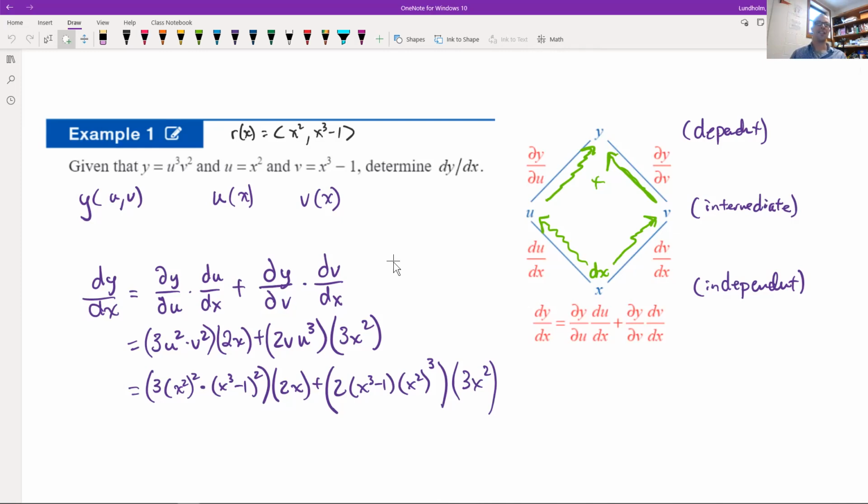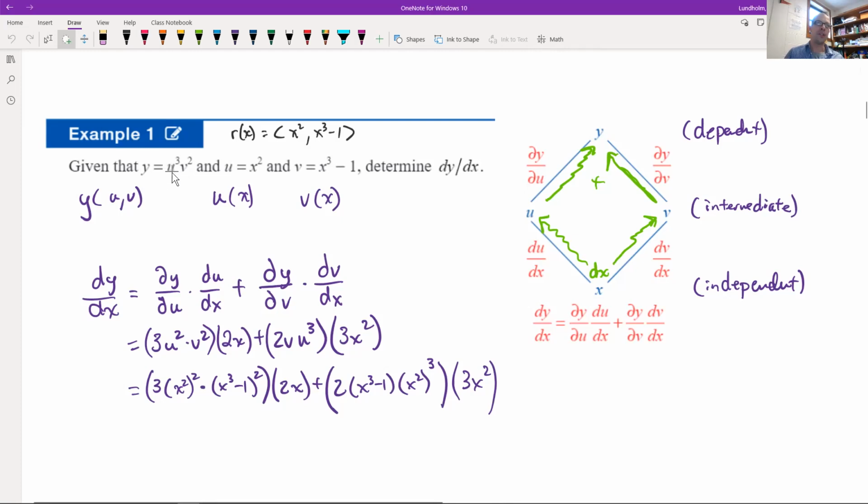The idea here is that we could find the result of the multivariable chain rule by looking at this multivariable function and taking some partial derivatives, one of them with respect to u, the other one with respect to v. If we take the partial derivative of y with respect to u, and remember, we're treating v like a constant,